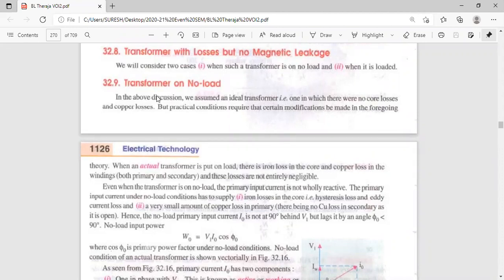In open circuit, what are you applying? Voltage or current? Voltage. In short circuit test, current is applied. Open circuit test is used for determining iron loss. Short circuit test is used for determining copper loss. Now we will see what this open circuit test, the no load test, is. Okay, I will write it on the board.